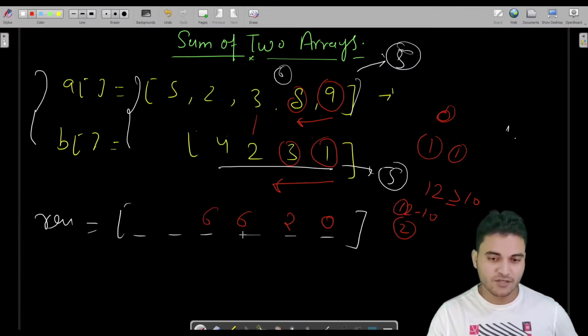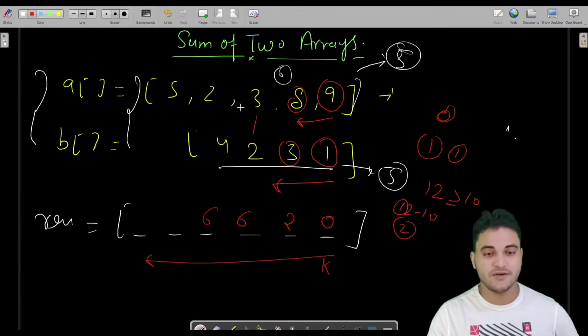And for storing result, we will be initializing another variable k, and k would start from here and will decrease till here, which is the front. Fine. So 3 plus 2 is 5 plus 1 carry, so 4 plus 2 is 6. Now we have nothing here, but we have 5 here. In this case also, we would consider this digit as 0 and this digit as 5.